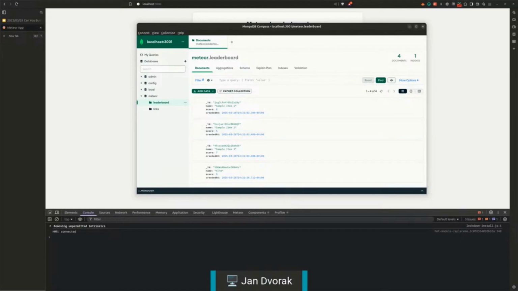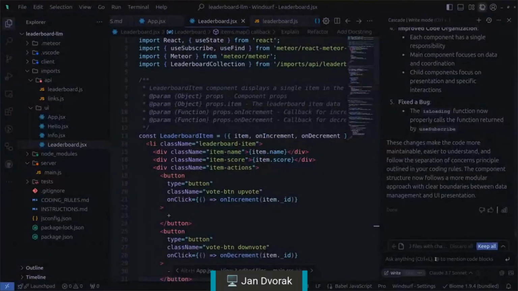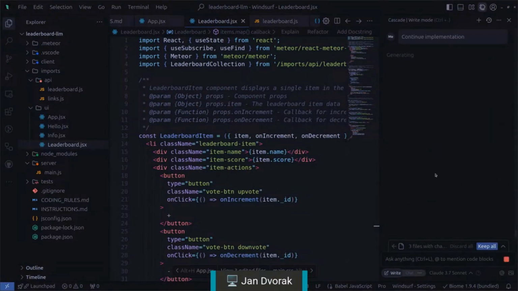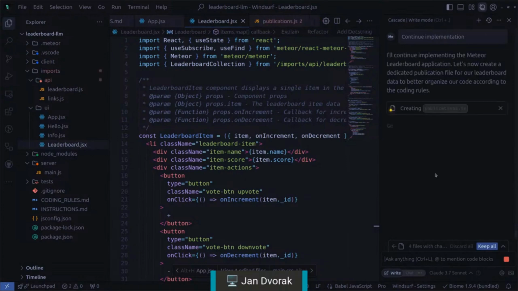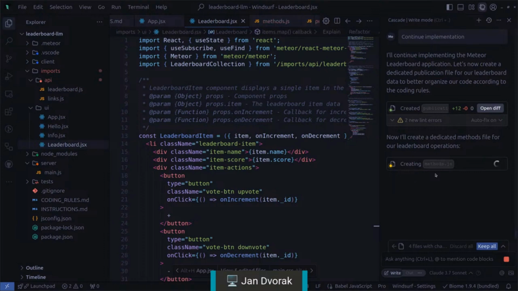Okay. So what I'm going to do is just continue the implementation, and maybe you set the bar too low, because this has been really one of the first examples. So let's examine why this might have worked out well. First of all,